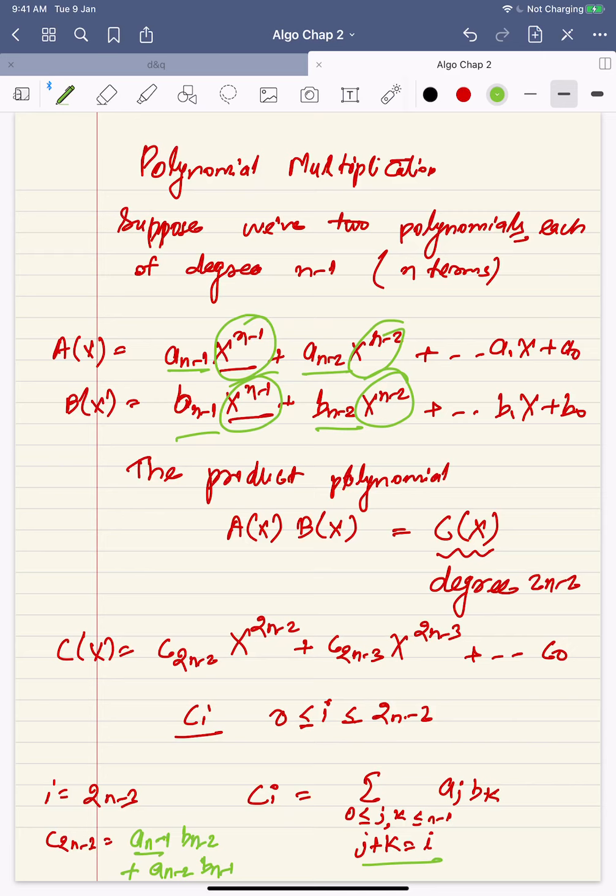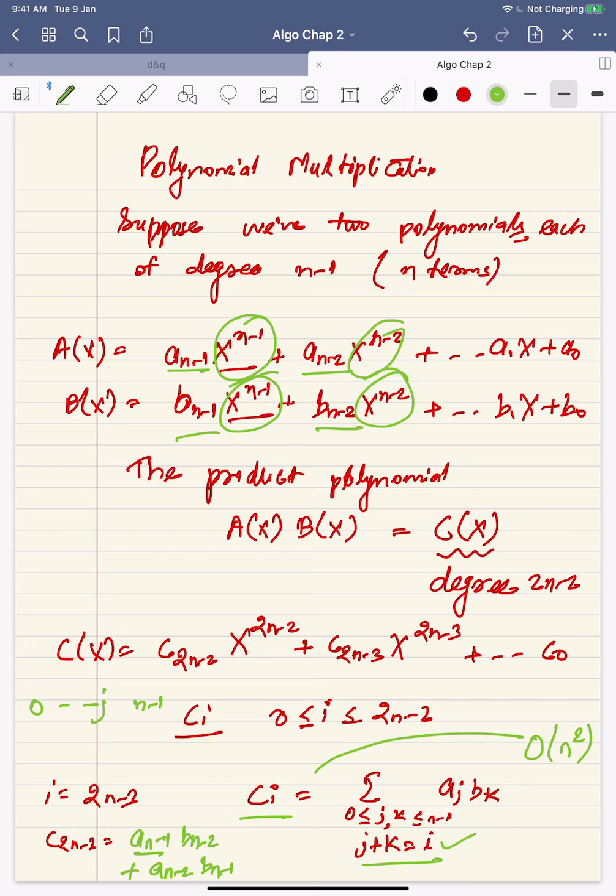Now just think about how much time it will take to compute all these coefficients. Let's say how much time it will take to compute a c_i. Now you have to multiply a_j and b_k, and k can be from 0 to n minus 1. If you think just that, you will say, okay, this is order n squared. Now is that correct? Someone will say, no, this is not correct because I have an additional constraint, j plus k is equal to i. So suppose I am varying j from 0 to n minus 1.